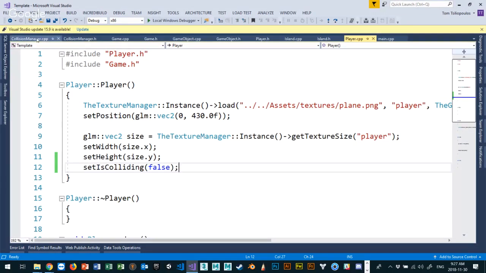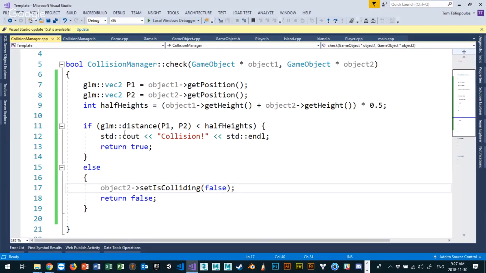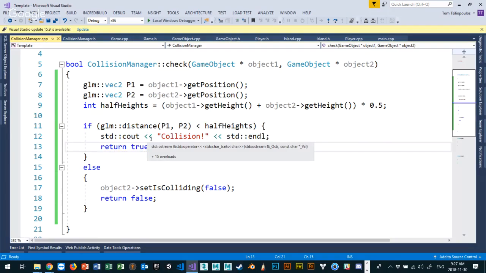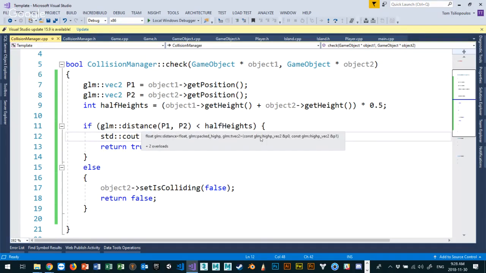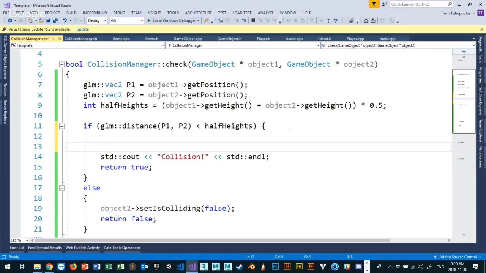But in my collision manager.cpp, right now we know that if this is wrong, if I missed my collision check, then it's not colliding. We know that, right? However, what if it's true? It is colliding, right? Then what I want to say is that, okay, cool. I want to do this check. I want to say, okay, check to see if it's within distance. However, also check to see if it's not already colliding. If not,